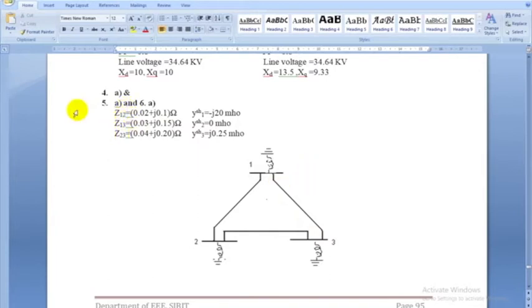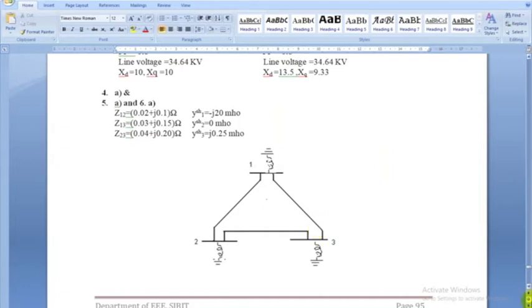Similarly, you can find the other elements. The Y bus for a 3 cross 3 matrix is Y11, Y12, Y13, like these 3 cross 3 elements, with 2 types of elements, diagonal and off diagonal. So now you learned how to find the diagonal entry and the off diagonal entry.